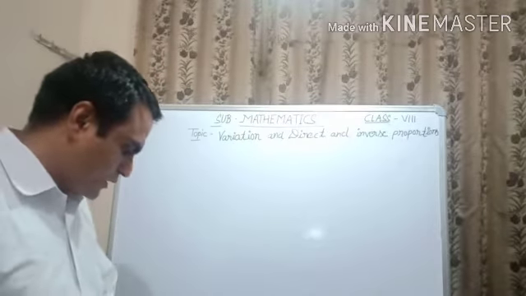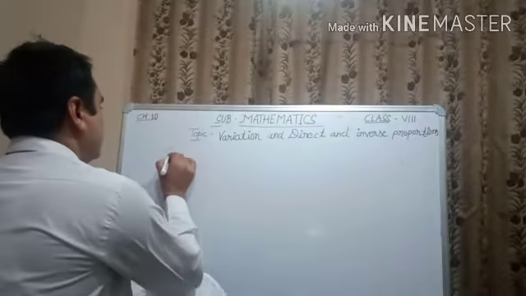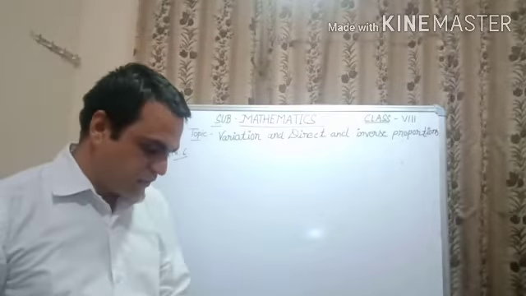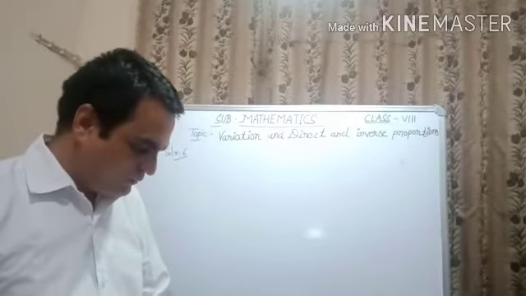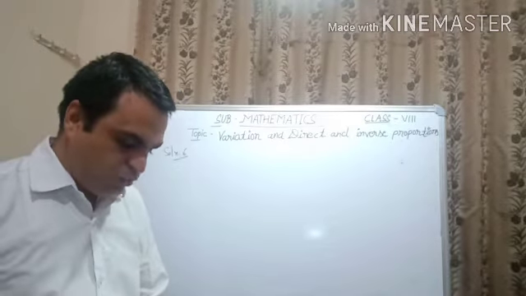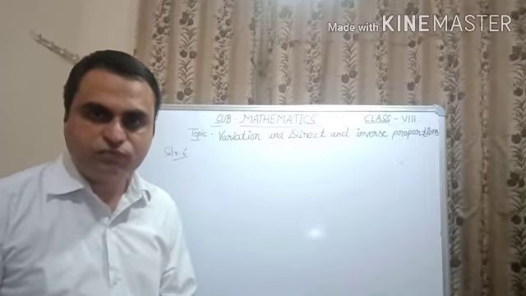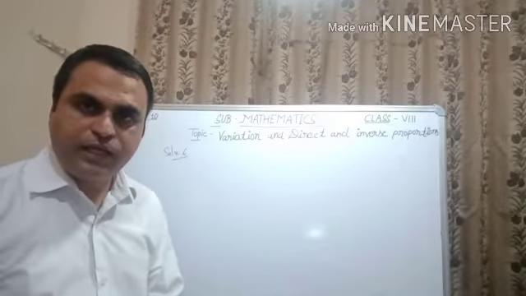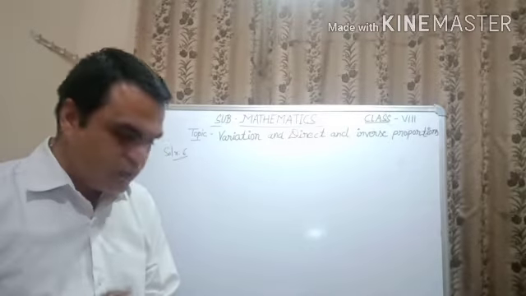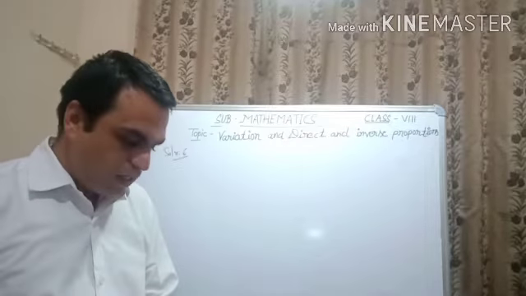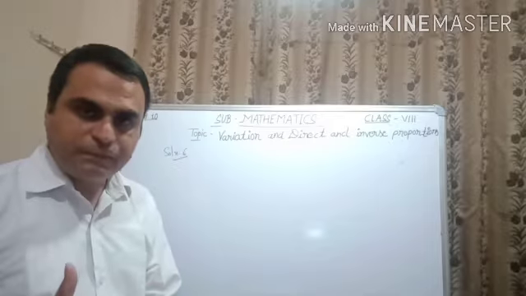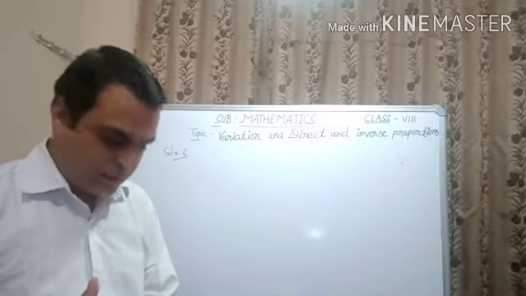Question number 6, this is from our book. 28 pumps can empty a reservoir in 18 hours. In how many hours can 42 such pumps do the same work? I am repeating the question. 28 pumps can empty, empty means remove the water, खाली करना है. A reservoir, एक हमारे पास वाटर स्टोरेज टैंक है. ओके, उसको 28 पंप्स 18 आवर्स में एम्प्टी करते हैं.